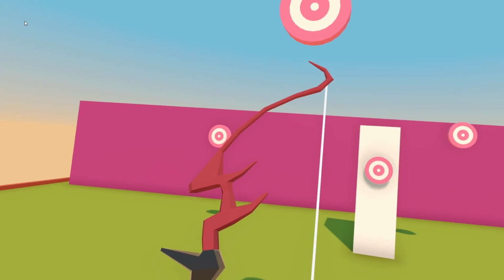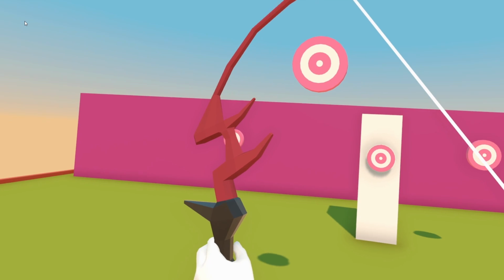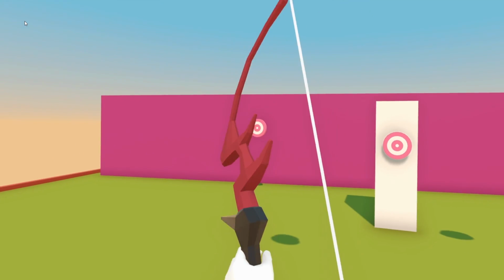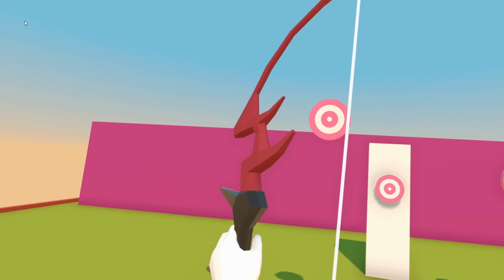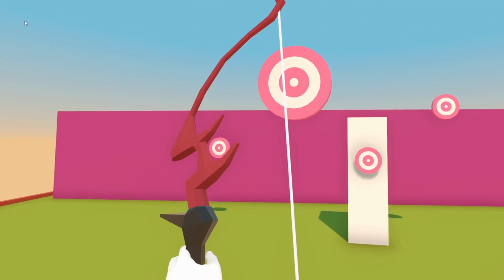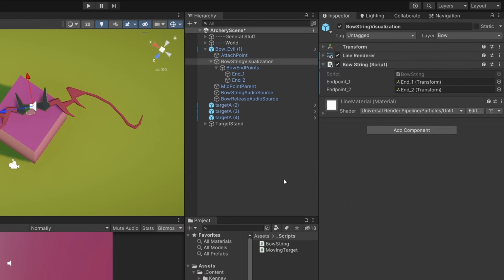In this video, we are going to make sure that the string of the bow is interactive so that we can pull it and push it so that we can later on add an arrow and we can let it go by letting go of the string. Okay, let's get going. In our project, in the hierarchy of our bow, I have included for you the midpoint